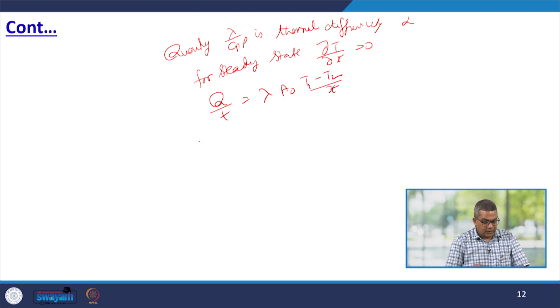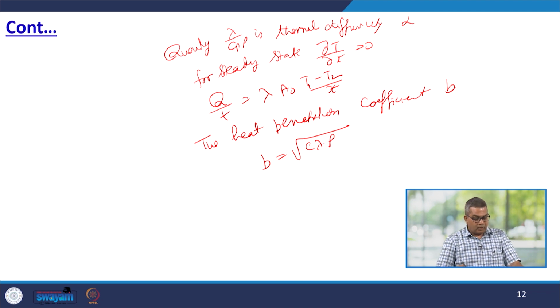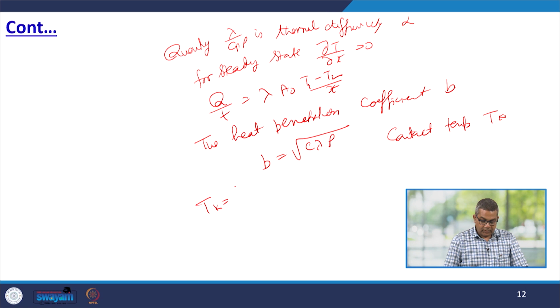The heat penetration coefficient B can be defined as B is equal to square root of C lambda rho. Now for determining the contact temperature Tk, the Tk is equal to (BA TA plus BB TB) over (BA plus BB), where BA, BB are the heat